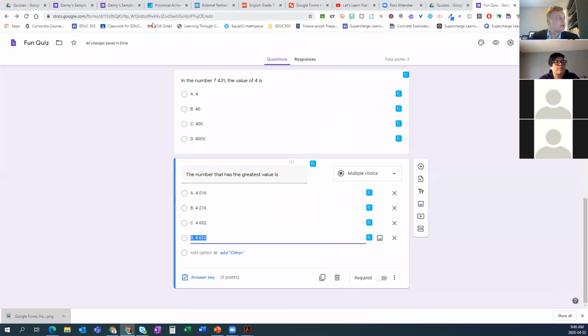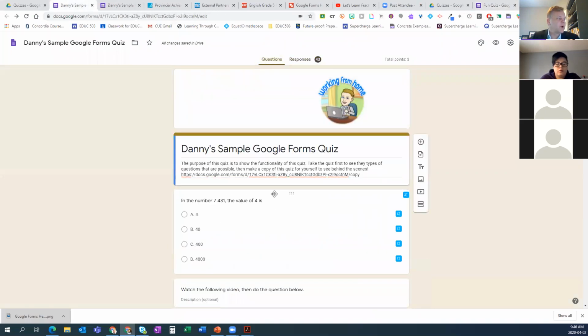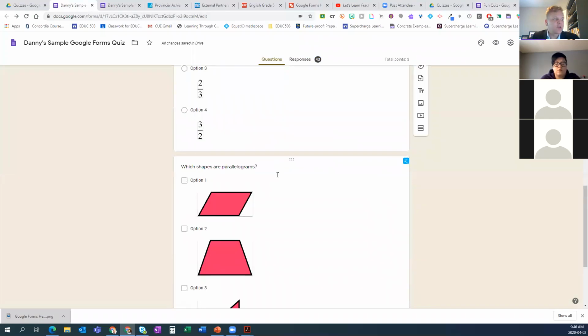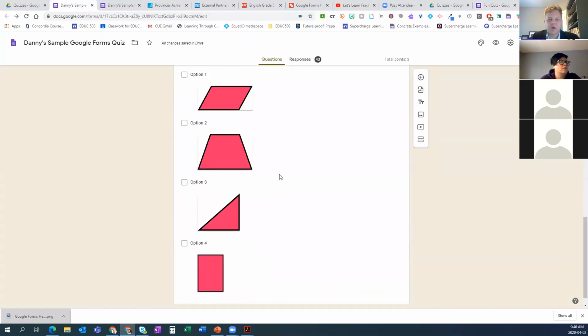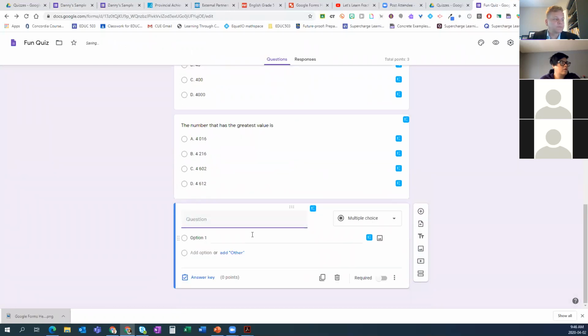Let's say, do you remember this sample quiz where I said, what fraction is this? Or which of these are parallelograms? I used equatio and it took me seconds. Here's how to do it. I'm going to do a multiple choice question. I could also do this as a checkbox question, anything where we can add a picture. But instead of adding a picture, if I have equatio installed,